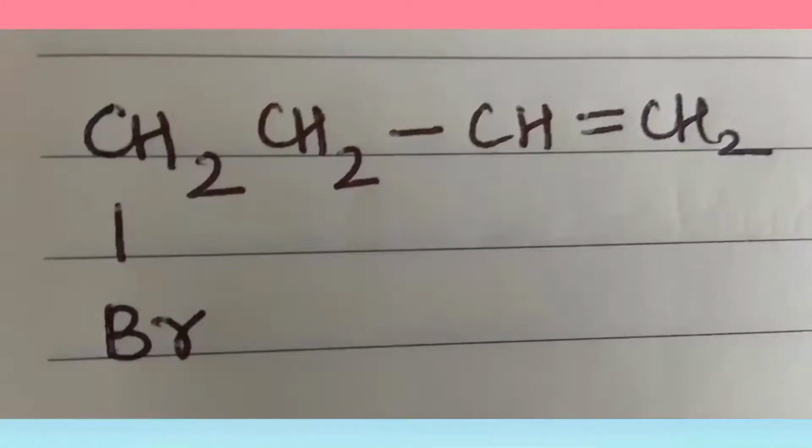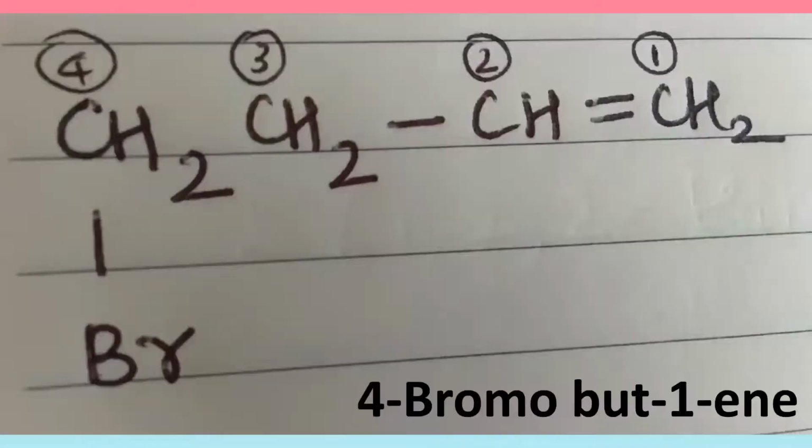Here, if you see, there is a double bond and a bromine atom attached to the carbon, and we all know that the double bond carbon gets more priority than the bromine one. So first let's count our parent chain carbon atoms. Here there are 4 carbon atoms present, and hence the name goes in such a way that is